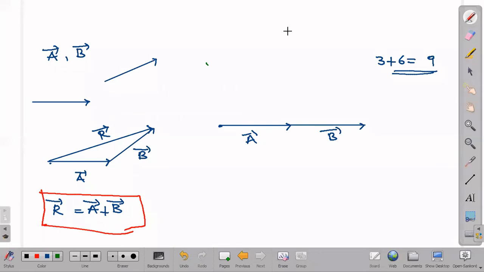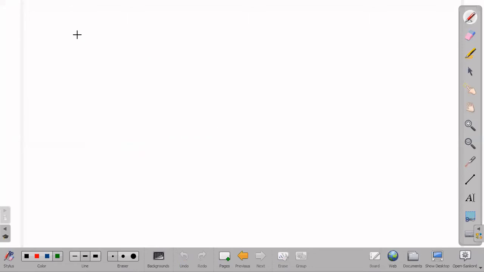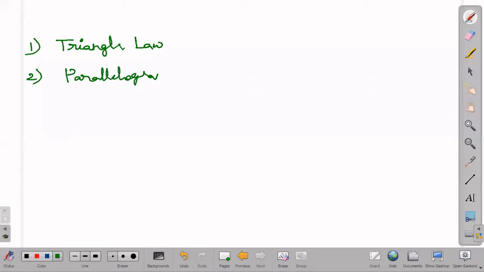Right? So now, if we go further, our next one is that we have three laws of vector addition. The first one is the triangle law of vector addition. Next one is the parallelogram law of vector addition. And one more also will be there, the polygon law of vector addition. They never asked it, but anyhow it will be there. I will just cover it. These three are about vector additions only.